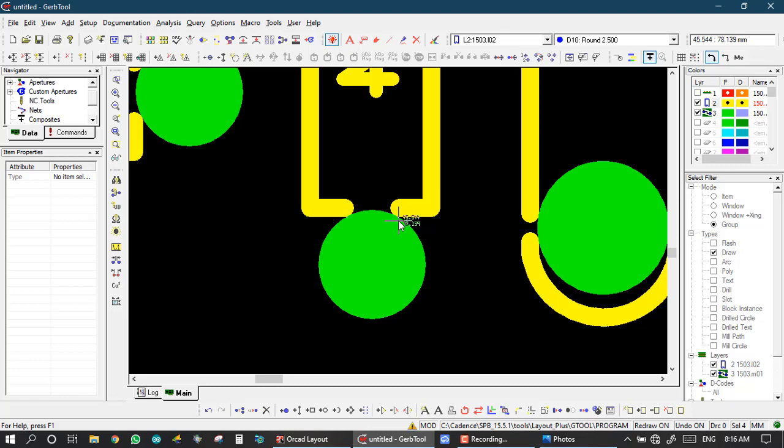So if you want to directly cut this, then we have the second option. This is fix, but we normally do not use this option because sometimes there is a complex legend, then some component symbols are also deleted. So at assembly time or at testing time, we don't know what component is placed here.